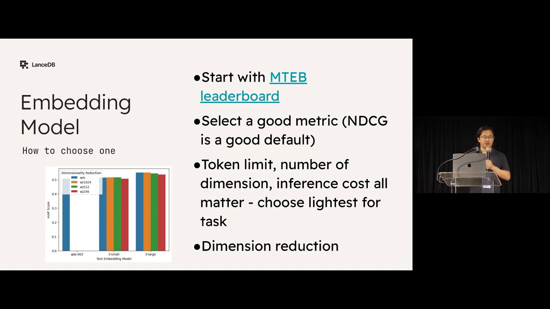A second big knob you can turn, of course, is the embedding model. And how to choose the right one is very important. In my experience, it's almost always easiest to just start with the MTEB leaderboard. I couldn't get Hugging Face to load, but let me see if I loaded. Hugging Face looks like this right now, but I got something to load on GitHub, I guess, or maybe a refresh.